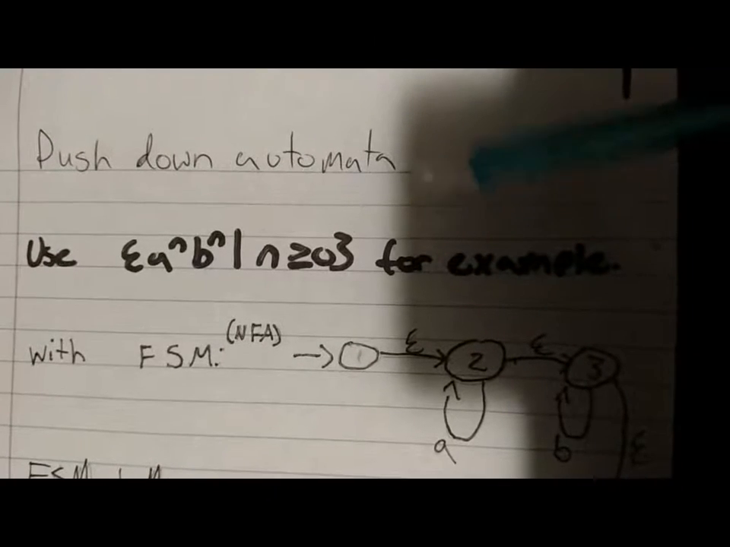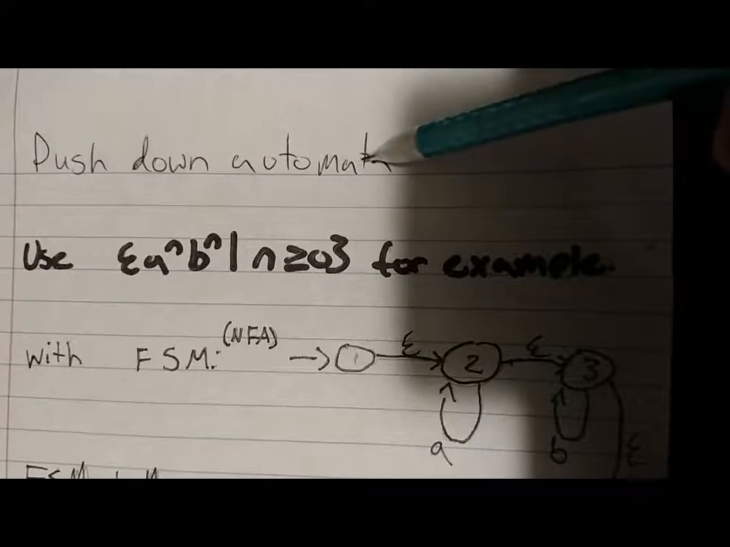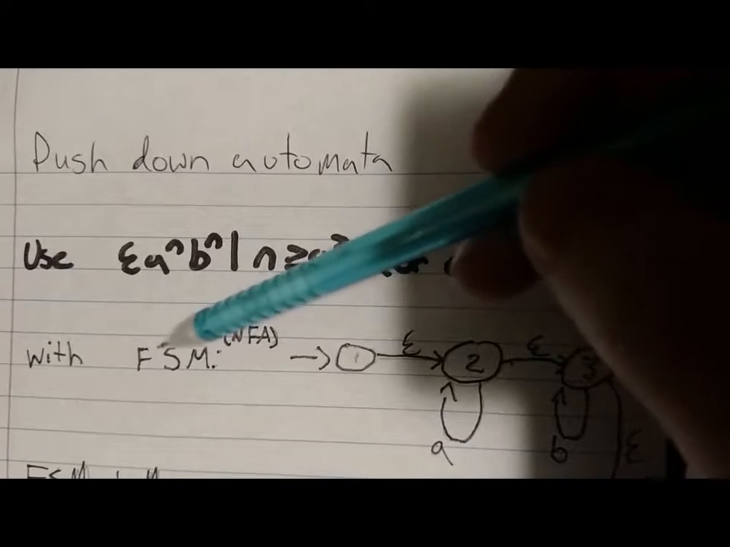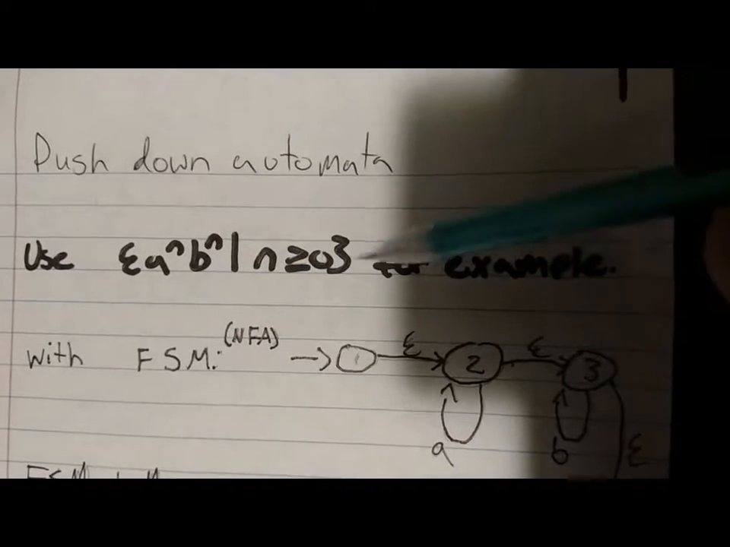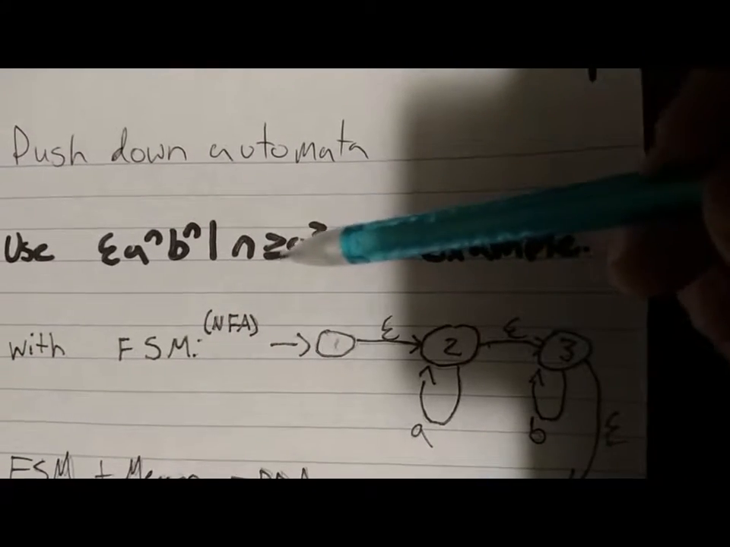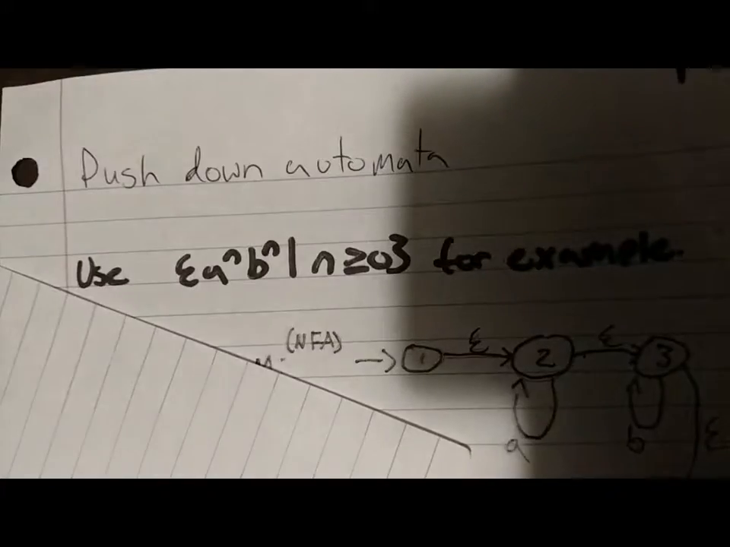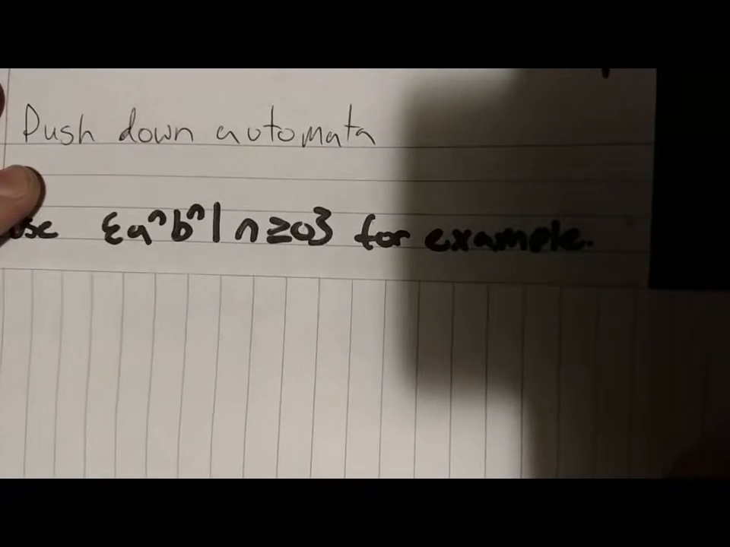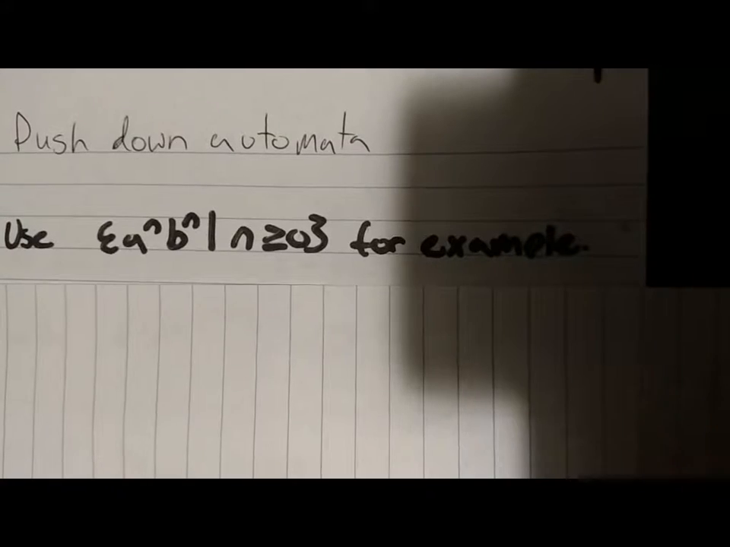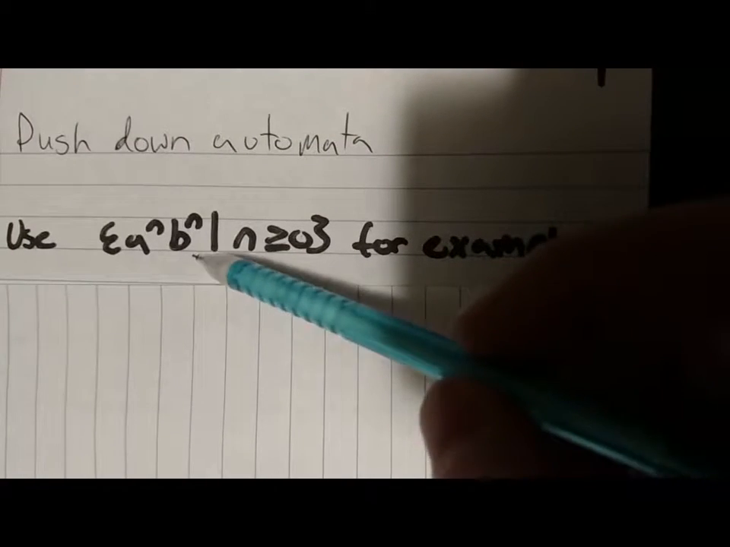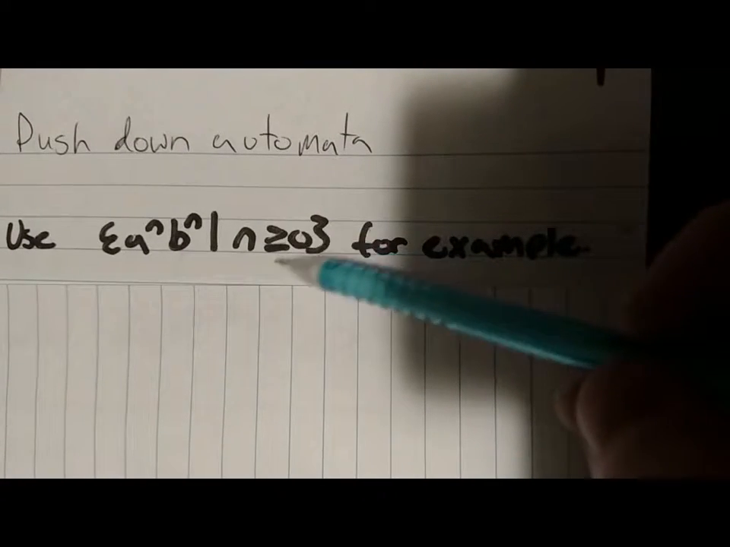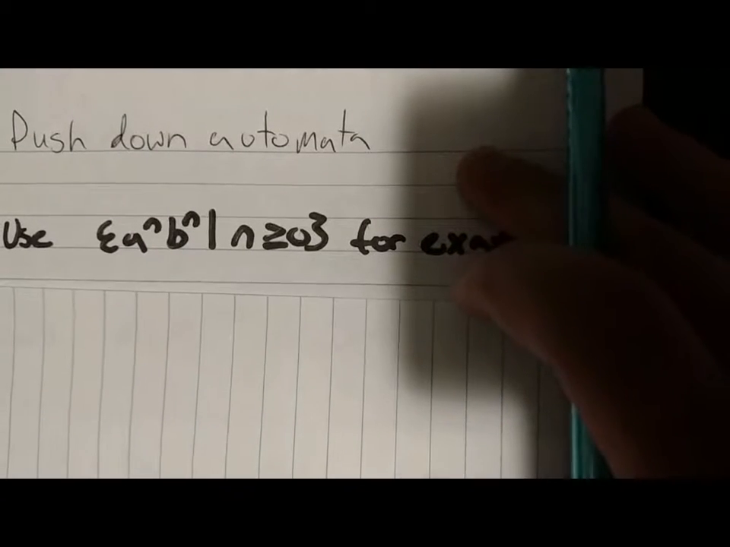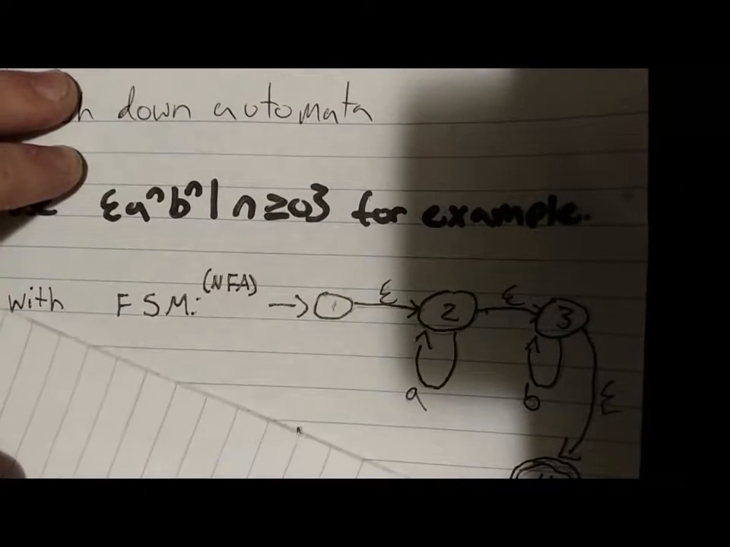Okay, today I'm going to be covering pushdown automatas and how they're different than finite state machines. Let's take, first of all, for example, the language that accepts strings a to the n, b to the n, for all n greater than or equal to 0. And using an NFA, we have best case scenario,